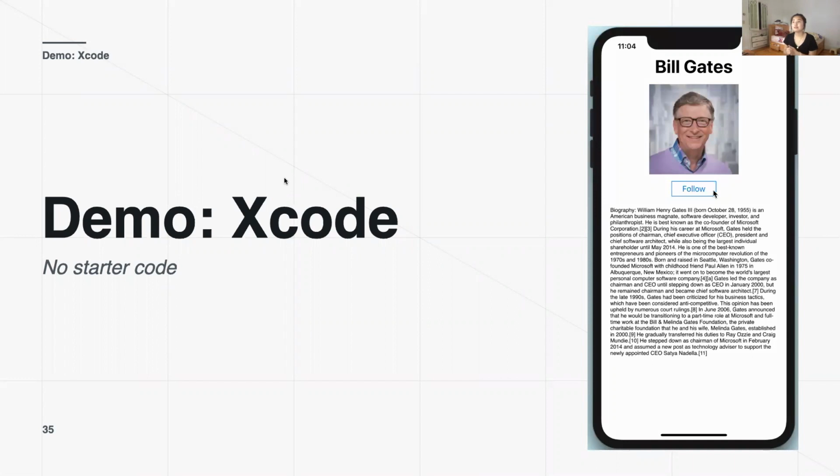Okay, so now we're going to move into the demo portion of today's lecture. Hopefully this will give you a better understanding of how to actually use UIKit and AutoLayout in your first iOS app of the semester. This is a GIF of the final product we'll be making in today's demo. It just has some of the basic UI views: the UILabel, UIImageView, UIButton, and also UITextView. I'm going to show you how to add these views onto the screen, as well as how to constrain everything using